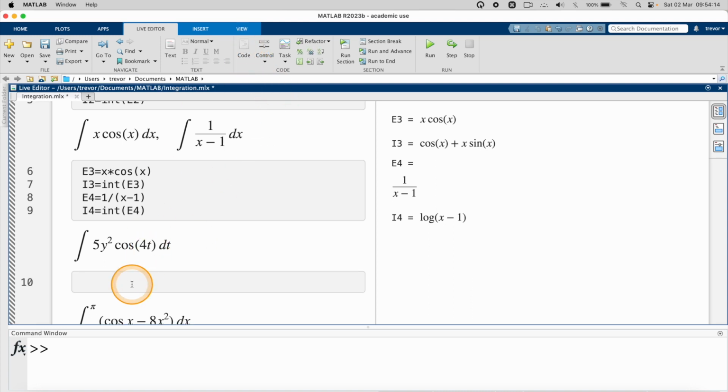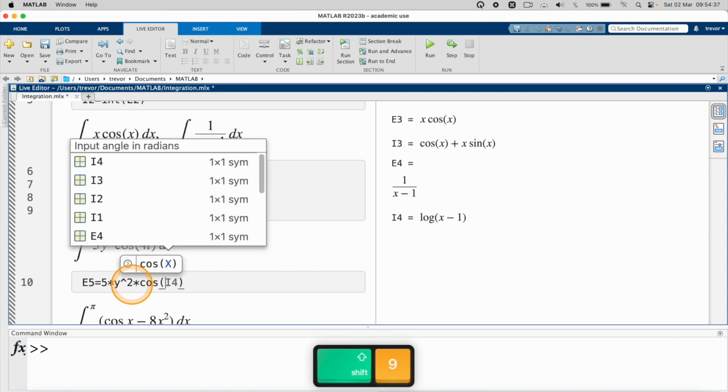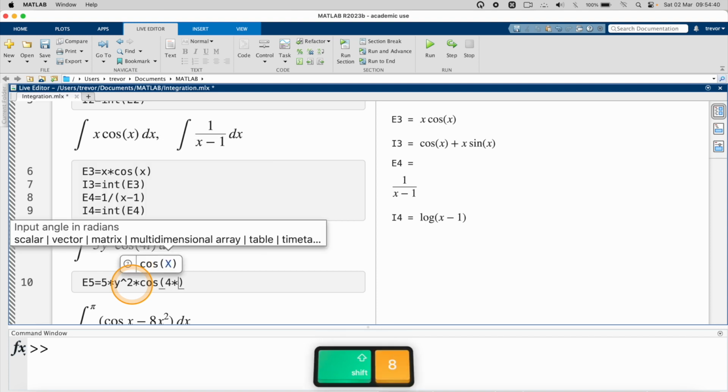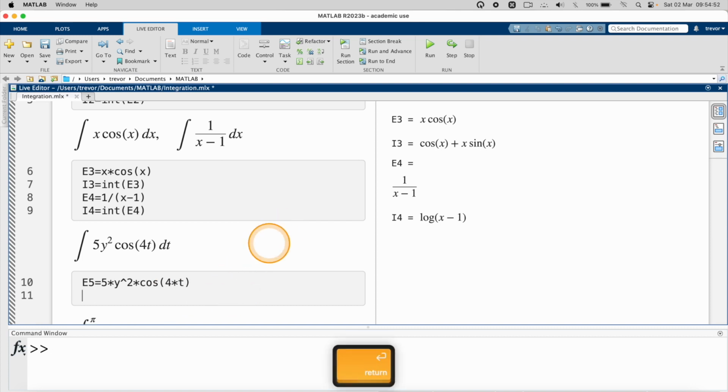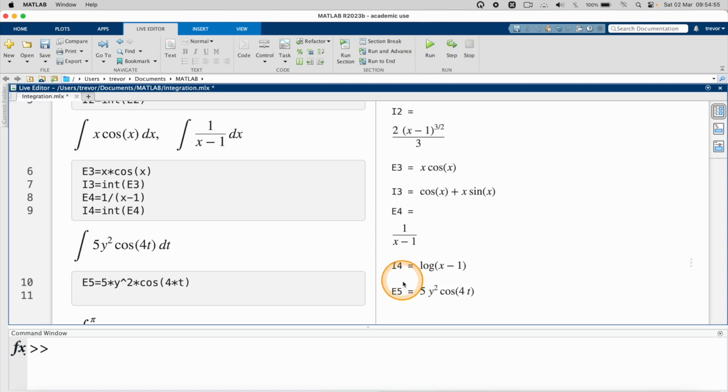So I'll call this expression number 5. So expression number 5 is equals to 5 multiplied by y squared, then multiplied by cosine, open parenthesis, of 4 multiplied by t. So it's 5 multiplied by y squared multiplied by cosine of 4t. I can press the return key here and just run. So it's 5y squared cosine of 4t. So now to integrate it, I'll call the output I5